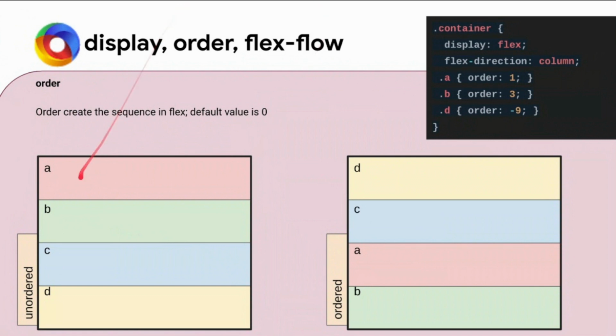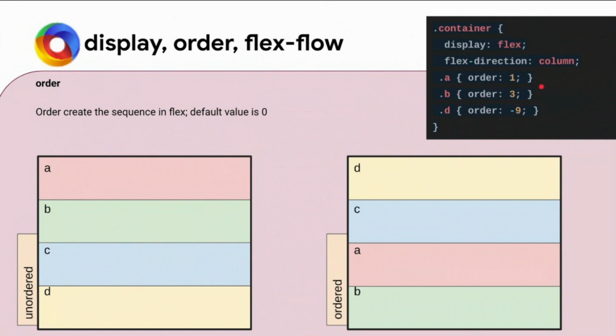But suppose in this case you want D to come first, then C, then B, or like that. You want to have your own sequence. So you can alter the order, like we have the z-index thing in CSS. Whichever index is higher will come more to the front than the other one. In the same way, order can be negative, and if you write -9 for one of them, it will say that it is the least. Like C is not there, so by default the value is 0. So C is 0, D is -9, B is 3, and A is 1.